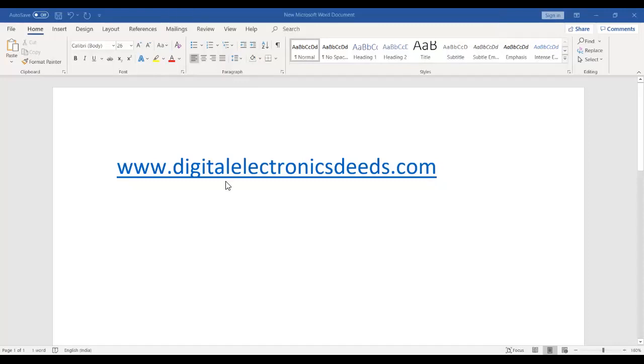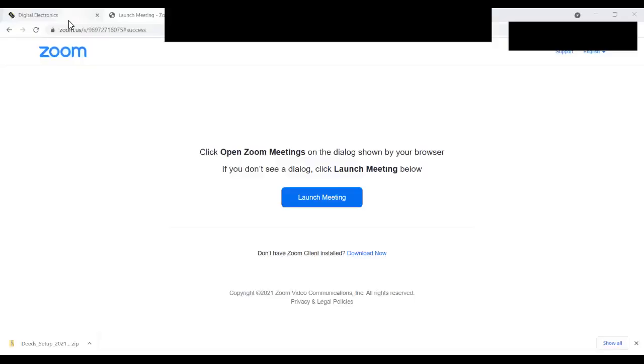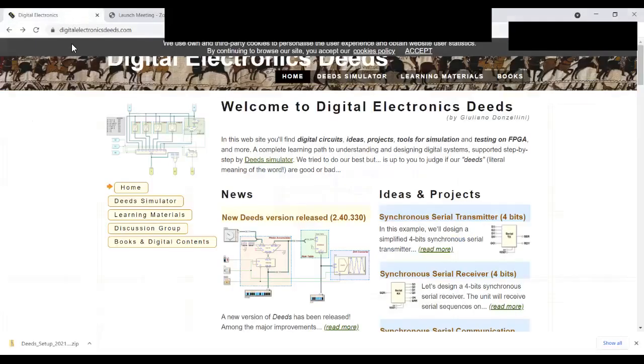You can note it down, and you can easily download it from this website. Once you open this website, it will look like this. Let me show you the exact scenario of how it will look. So once you open this URL, it will look like this one, right?